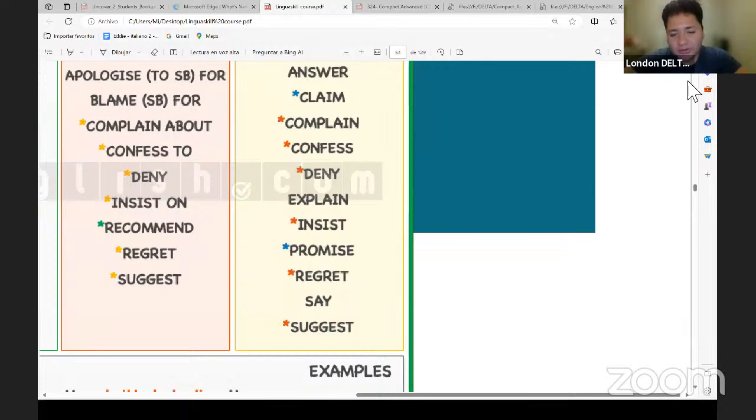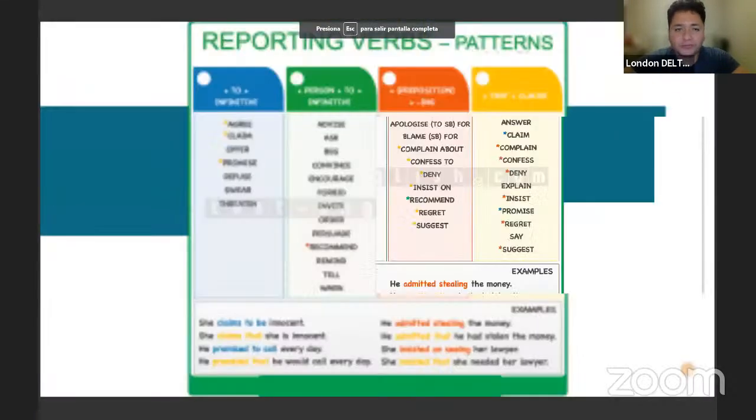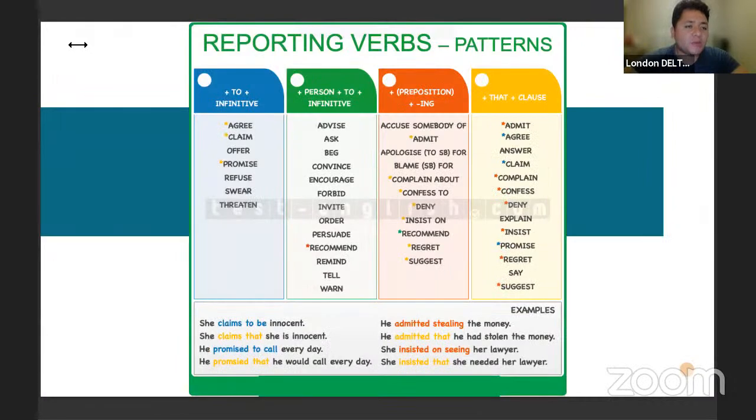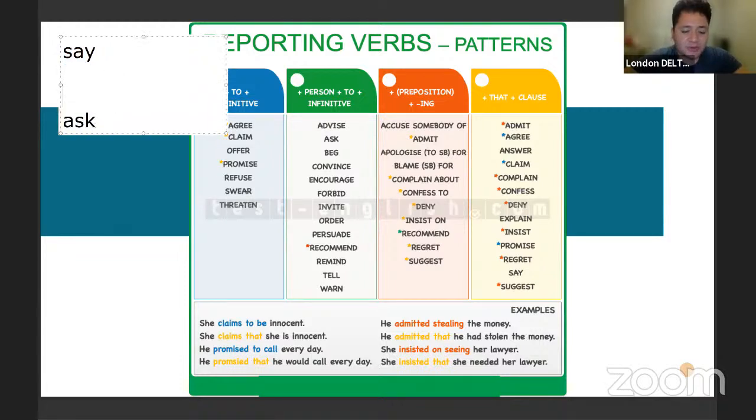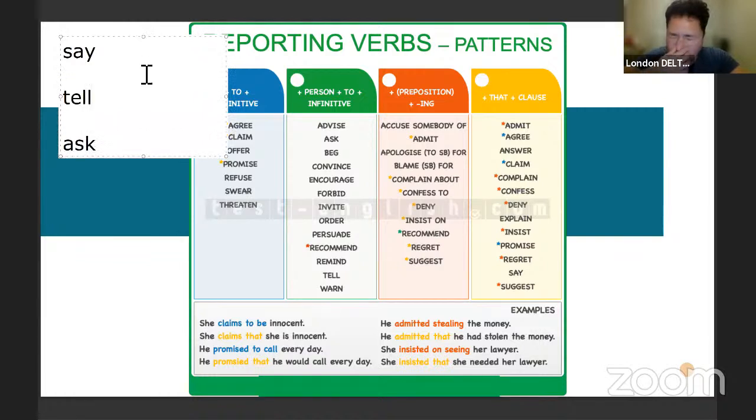So in reported speech, you usually have three important verbs. You have the verb say, you have the verb tell, you have the verb ask. Say, tell, ask. When do we use these reporting verbs? Okay, say es el verbo decir, okay? But the difference with tell, que también tell es contar, pero también se puede traducir como decir, o se utiliza igual que decir. But the difference between say and tell is that say is an intransitive verb, and tell is